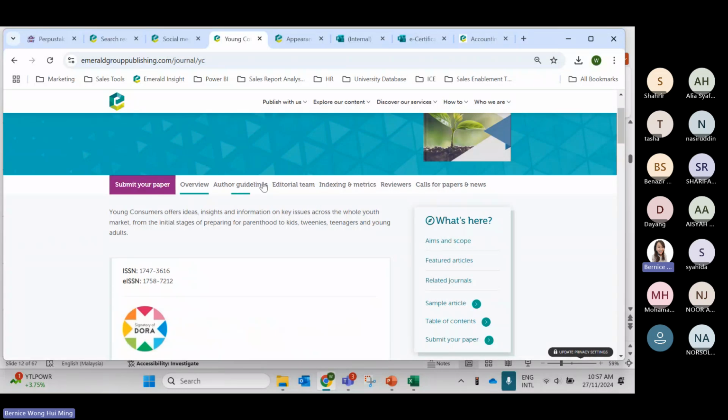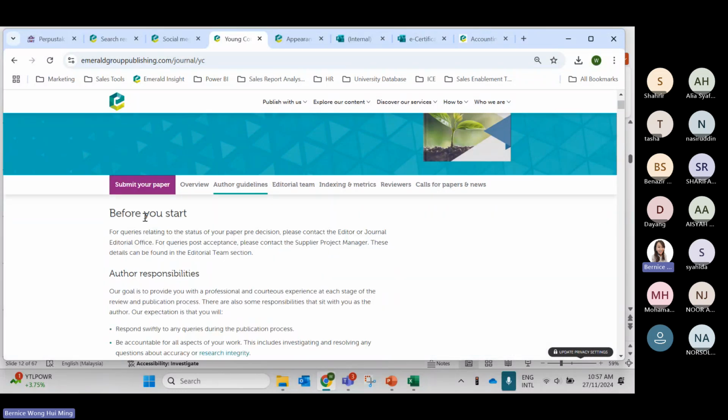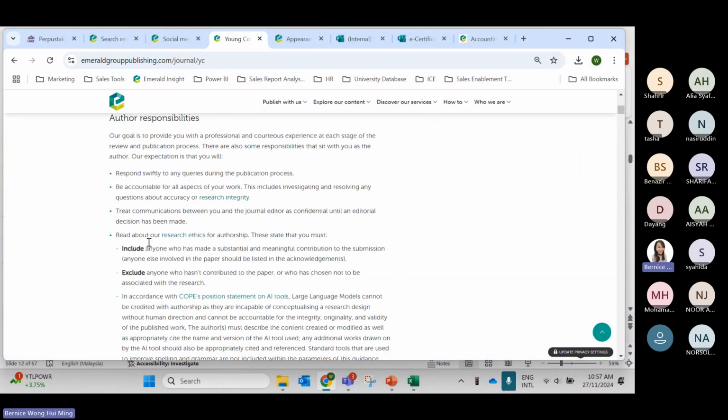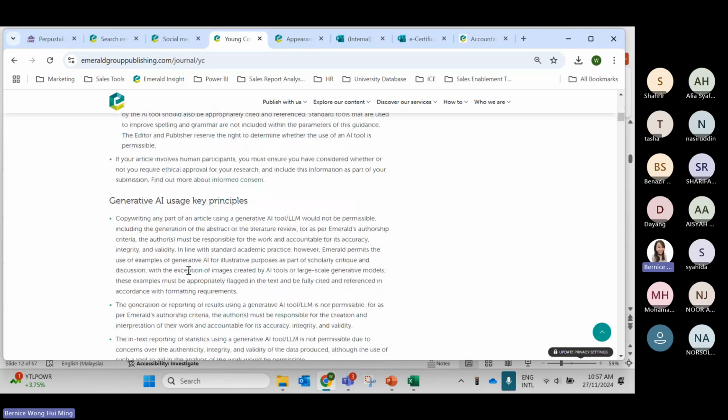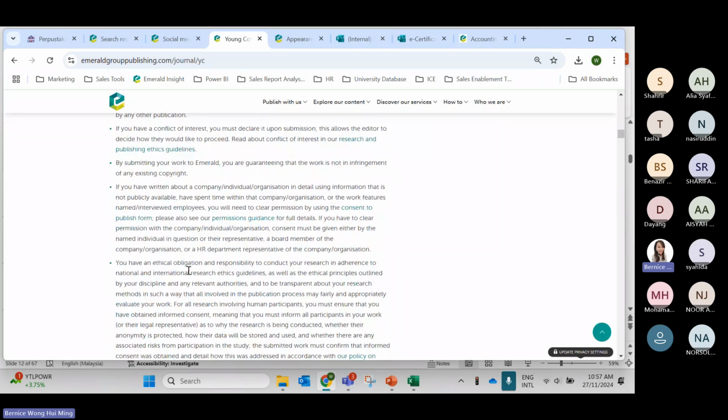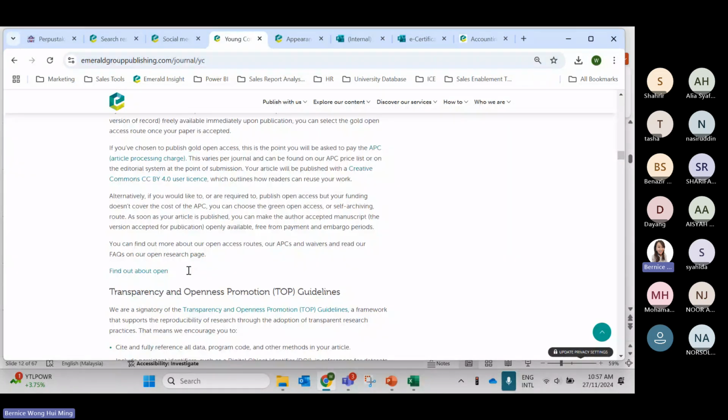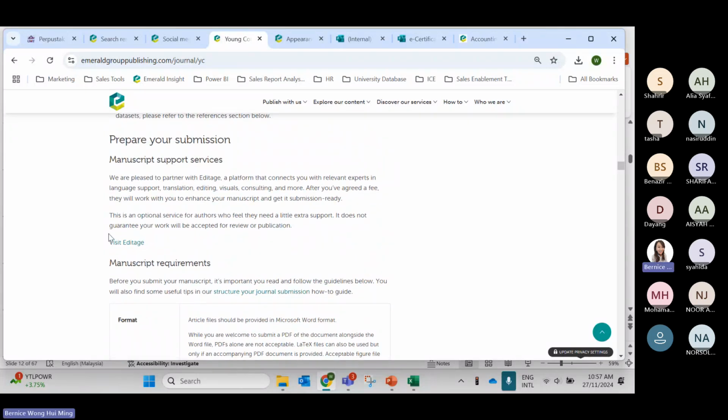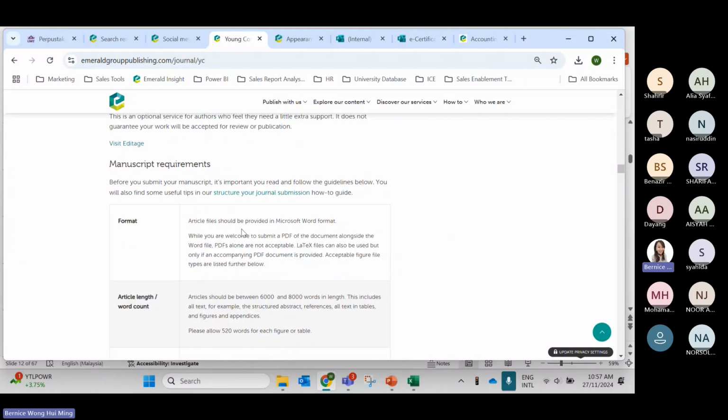Next, you go to the author guidelines. Before you start, please read through all the requirements. I think the most important part is that you scroll down to the bottom here. There is a manuscript requirement, and it tells you the format, which is Microsoft Word format. Sometimes students never read through the manuscript requirement and send the wrong format, and the paper gets rejected straight away.